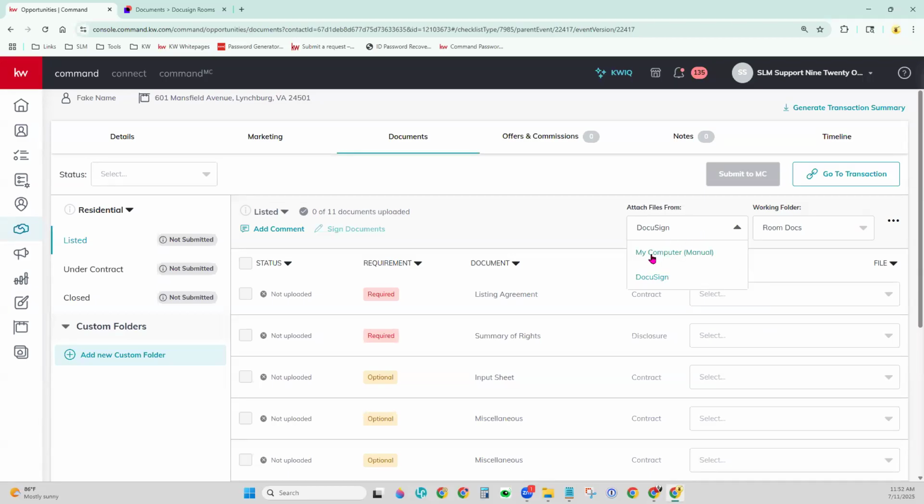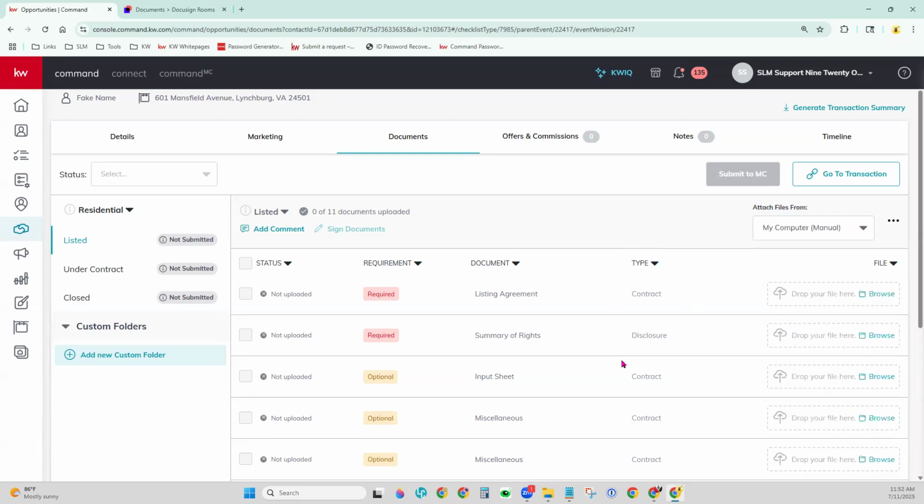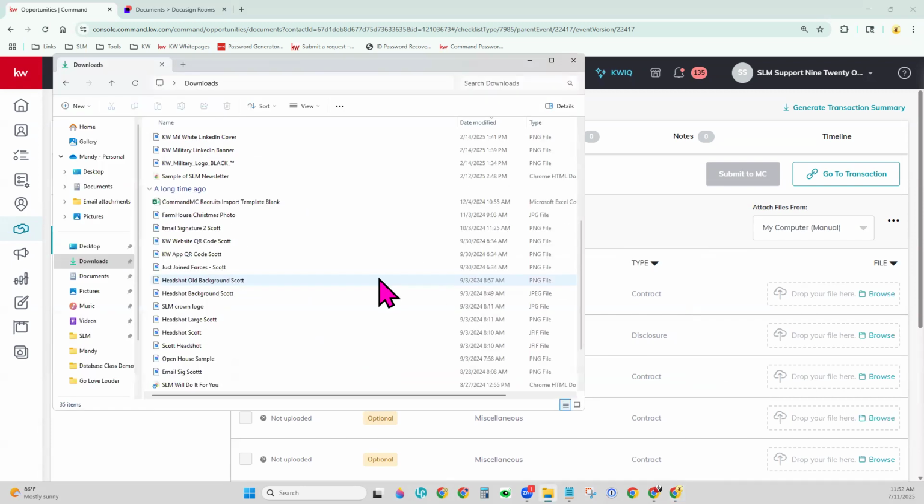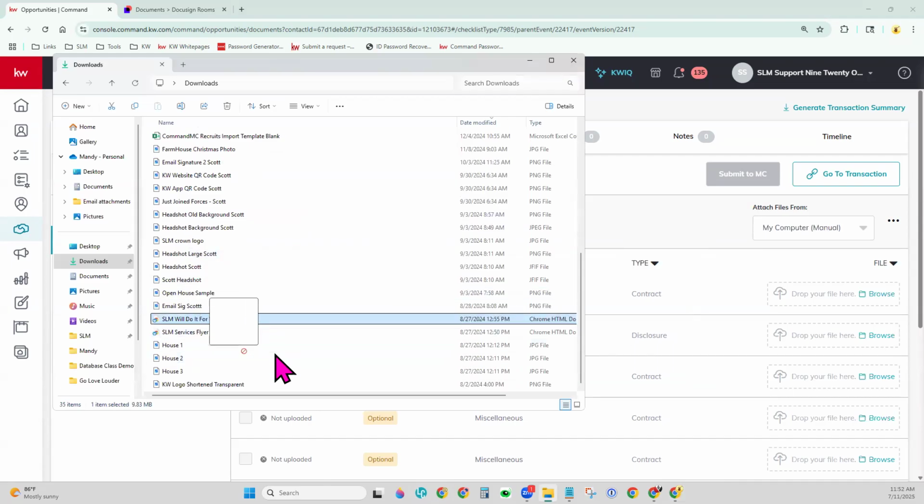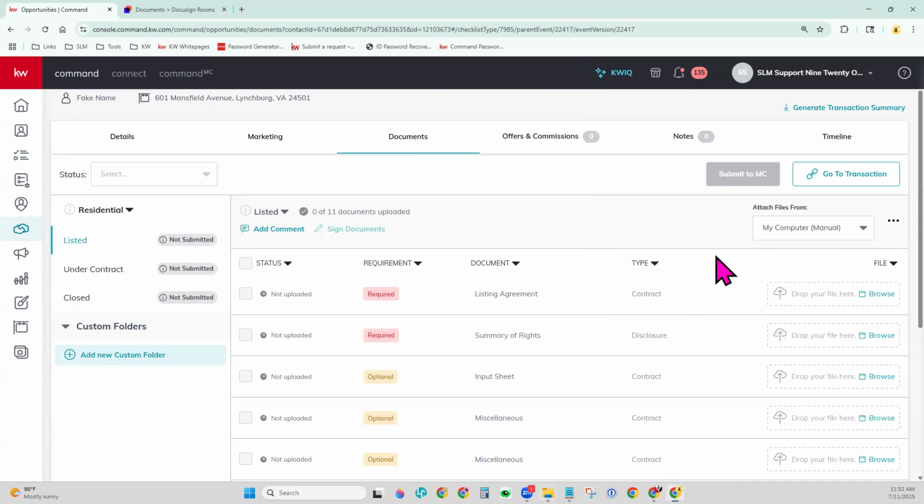So you can switch this over and say, I'm going to add these from my computer. I can click browse to browse them from my device, or I can literally just drag and drop them. So we'll just drag and drop a PDF here over into our opportunity,